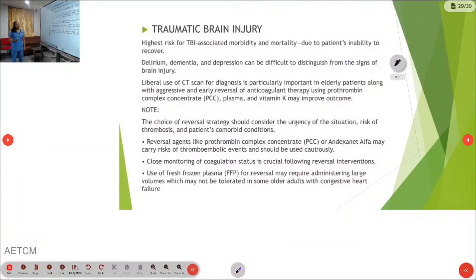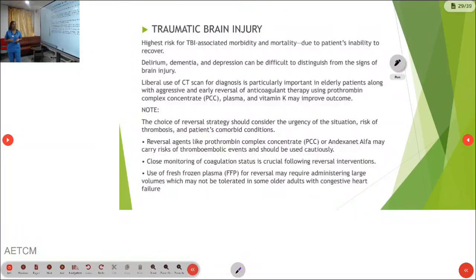Next is traumatic brain injury. The highest risk for traumatic brain injury associated morbidity and mortality is due to the patient's inability to recover, and also underlying delirium, dementia, and depression. It is difficult for us to distinguish a brain injury from the patient's baseline GCS. So liberal use of CT for recognition is important in elderly people,